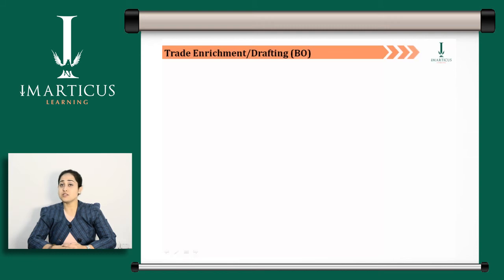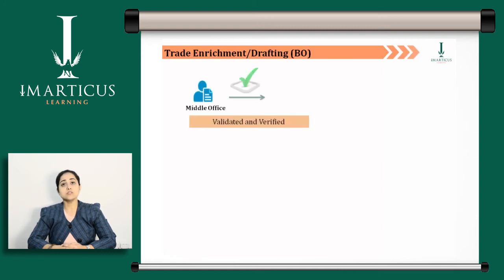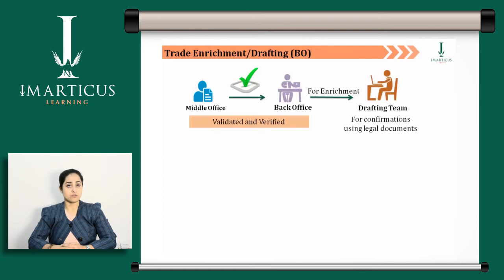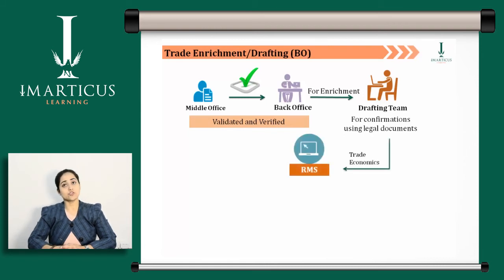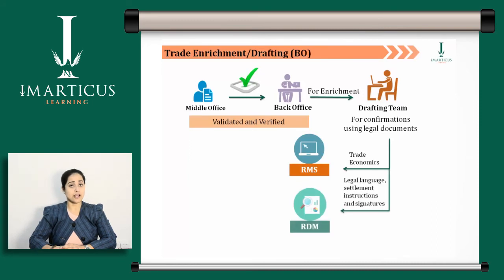The next stage in TLC is trade enrichment. Once the trade has been validated and verified by middle office, it then needs to be enriched with additional details to help with confirmation. For example, if the confirmation needs to be performed using documents, then the drafting team will prepare a legal document. The document will be enriched with trade economics from RMS, legal language, settlement instructions, and signatures for RDM. In other words, enrichment means adding more details to the trade in order to process it for the